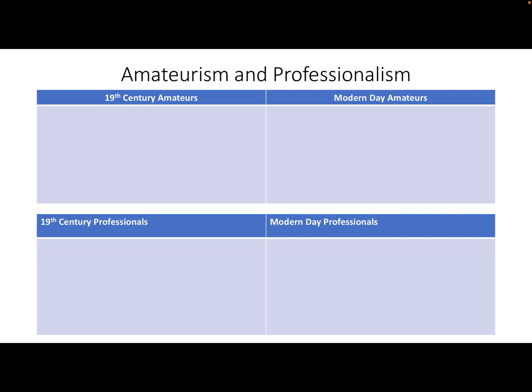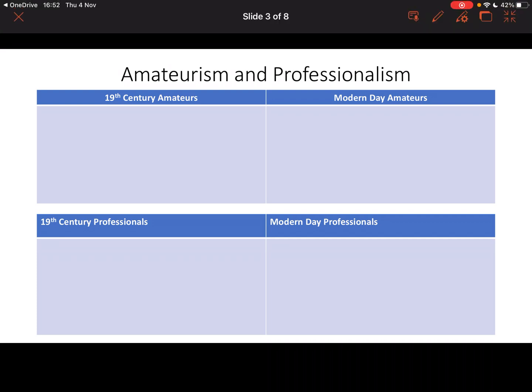So what you'll have, and this was handed out by myself, is a blank version of this slide here. Okay, what I would suggest is get a mini whiteboard and a pen or a scrap piece of paper. It's entirely up to yourself. See if you can come up with key knowledge points that will come up in each of those boxes. So you can see, obviously, at the top you've got 19th century amateurs, which is the main thing that we'll look at this year.